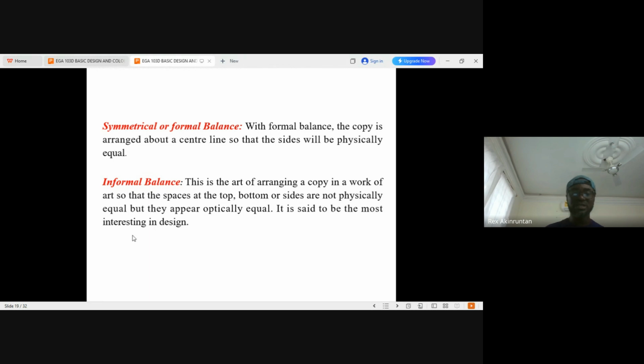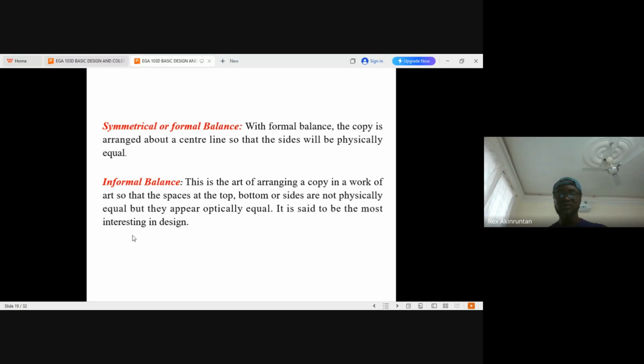You see that when you split the body into two halves, whatever you find here, the eye, the ear, the side of the lips, the side of the nose, and our hands on this side, the same thing will be mirrored here. So it is symmetrical. When we say symmetrical, the two halves in terms of physical appearance are of the same equality. Then in the informal,